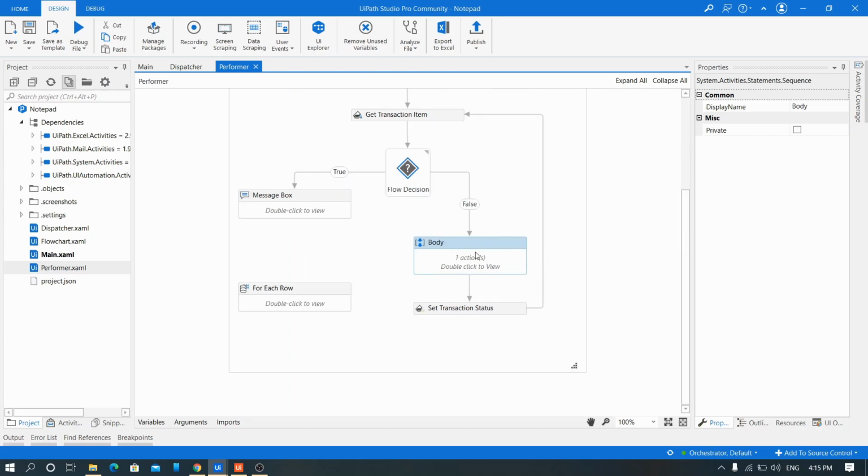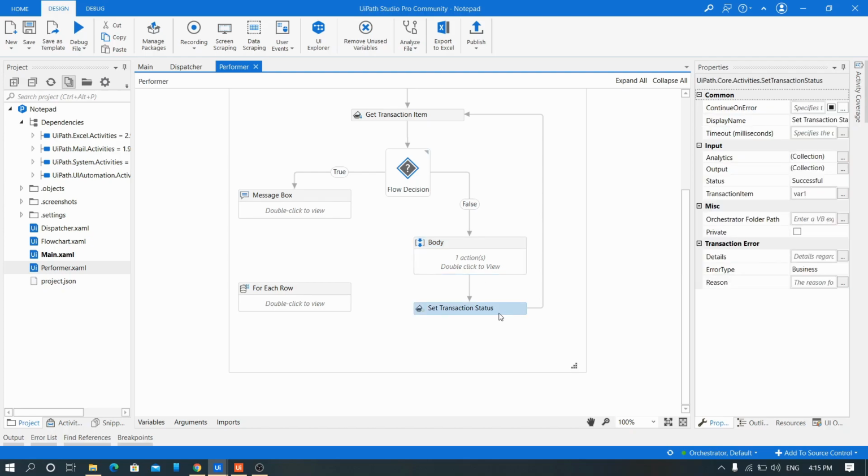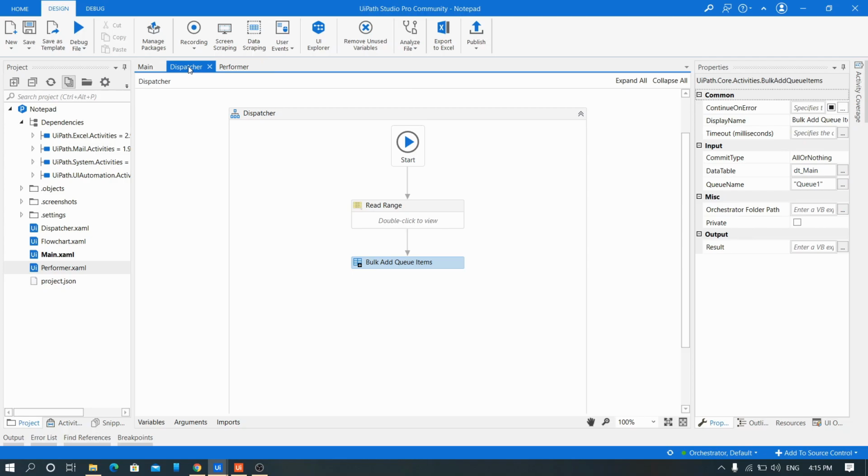Upon entering all values and hitting the submit button, we are setting the transaction status as true, and we are getting the next item, and this goes on and on. We want to transfer everything into the framework part. So first we'll concentrate on the dispatcher part. This dispatcher will come inside our init all applications. Okay, you can drag it outside the init all applications also, it is up to you where you keep it.